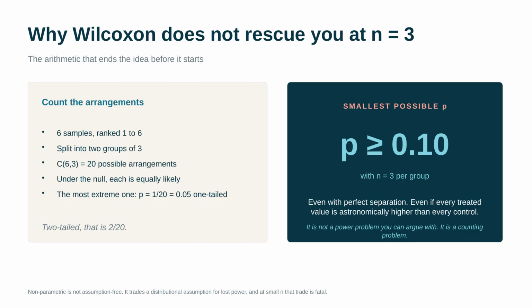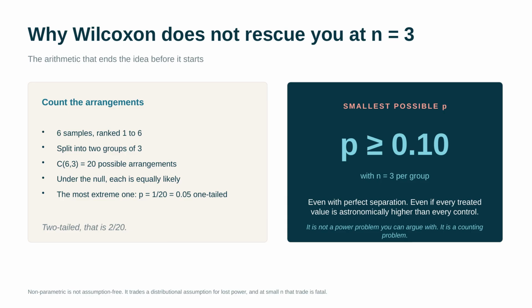Under the null, each arrangement is equally likely. The most extreme possible outcome, where your 3 treated samples hold the 3 highest ranks, has a probability of 1 in 20, which is 0.05, and 0.10 two-sided. So the smallest two-sided p-value a Wilcoxon test can physically produce, with n equals 3 per group, is 0.10,